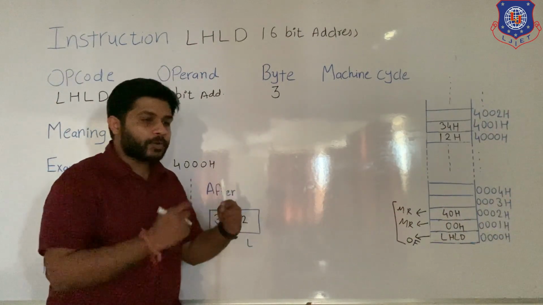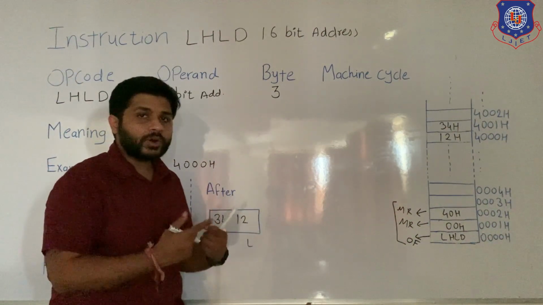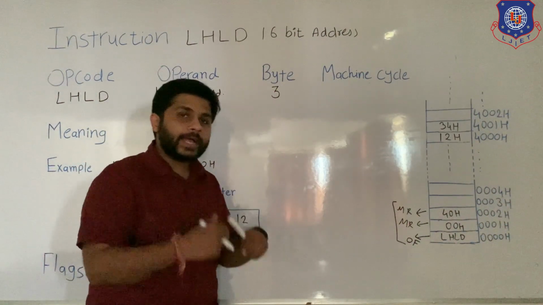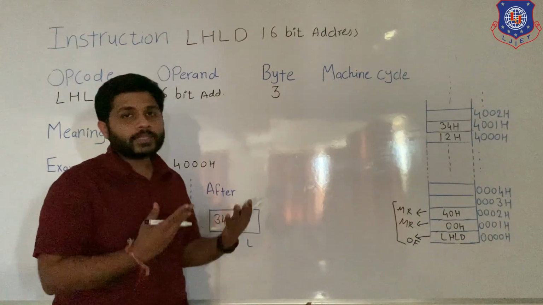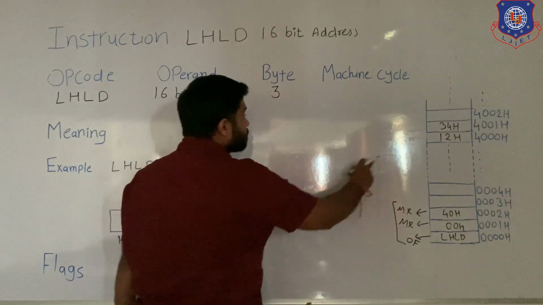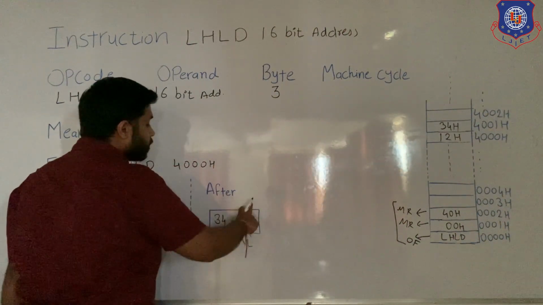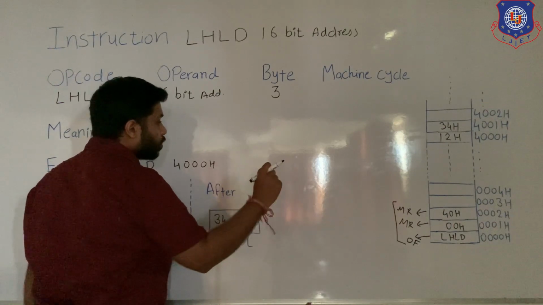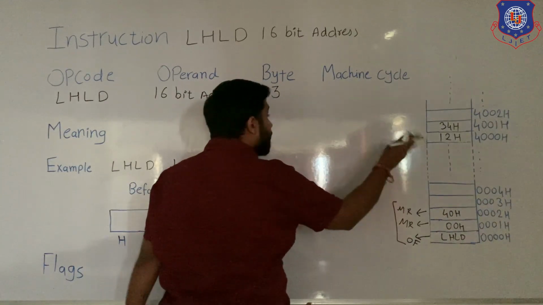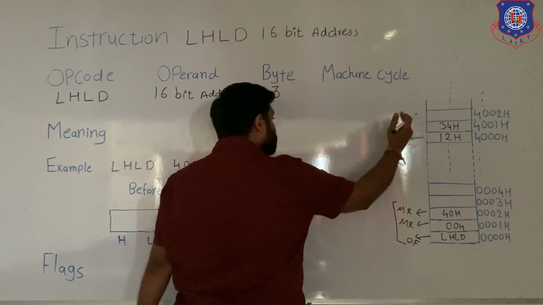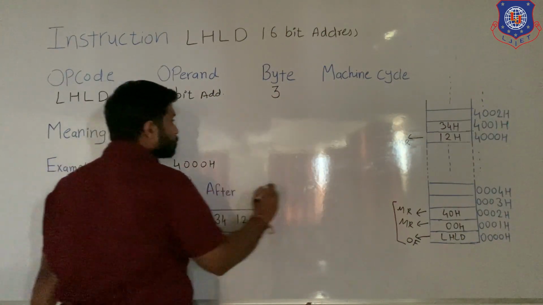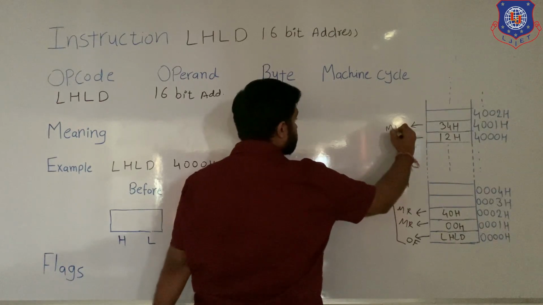After the instruction is transferred, the processor will decode. After decoding, the processor will understand what process it has to do and it will execute. Now what are the steps done in the execution? In the execution, the data present in 4000H is transferred to L. It means one location is read. The processor has performed a memory read. After that, from the next location, the processor transfers data from the memory to H. It means the processor is performing one more machine cycle, which is memory read.